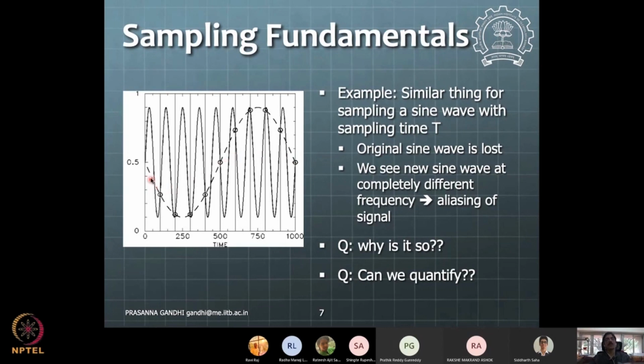So under what conditions can we see our original sine wave? If my first sample is here and the next sample is exactly at 180 degrees, then all the samples will be a straight line here. That is a complete loss, and also not a correct representation of the signal. But if I have a sample here, the next sample somewhere here, and other samples follow, then I apparently see the signal as not really sinusoidal, but by using those samples I can generate